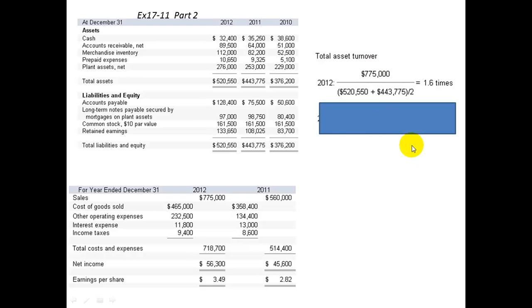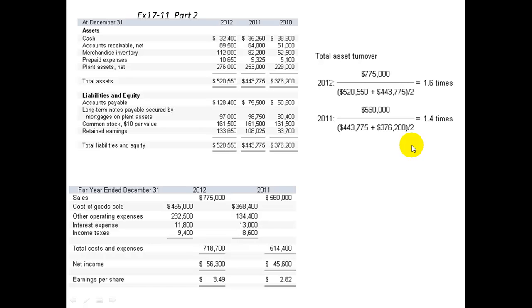So let's take a look at 2011. 2011, we're going to take the $560,000 worth of sales that we generated in 2011 and divide that by the assets that we had to work with in 2011, the average assets. So it would be the ending assets for 2011 plus the ending assets for 2010, which is the same thing as the beginning assets for 2011. Add them together, divide by 2. That's the average for 2011. Divide that into the sales, and this time we were able to generate